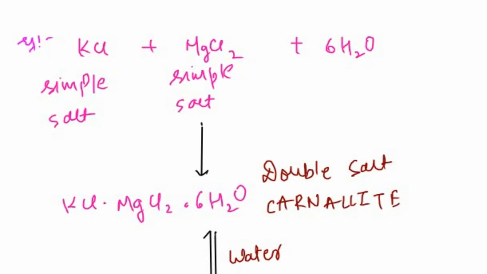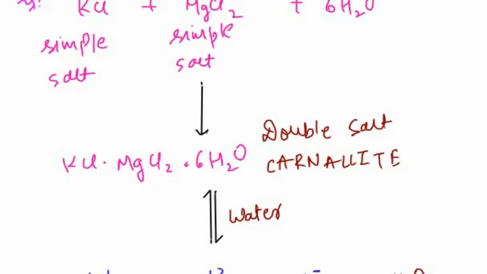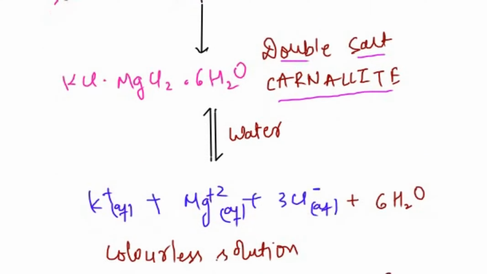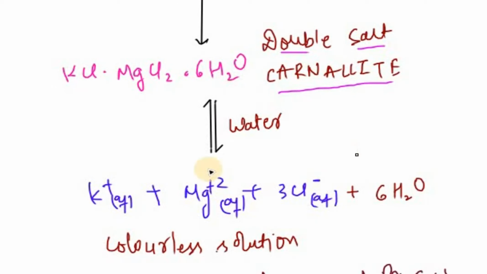Now let's look at one more example of a double salt: KCl and MgCl2 with 6H2O. One mole of potassium chloride and one mole of magnesium chloride give KCl.MgCl2.6H2O. This is again a double salt, and it is known as carnallite. When we dissolve it in water, it gives the test of potassium, magnesium, and chloride,